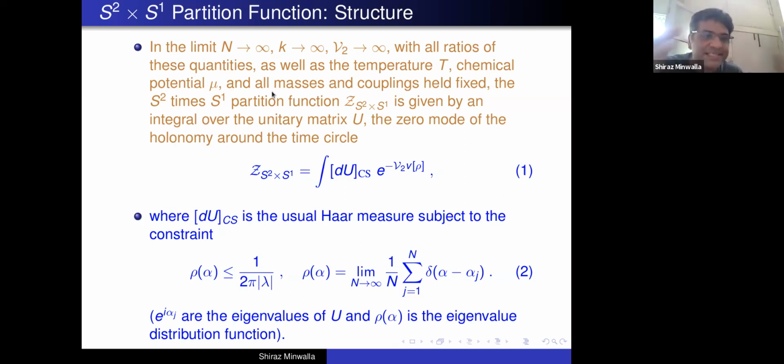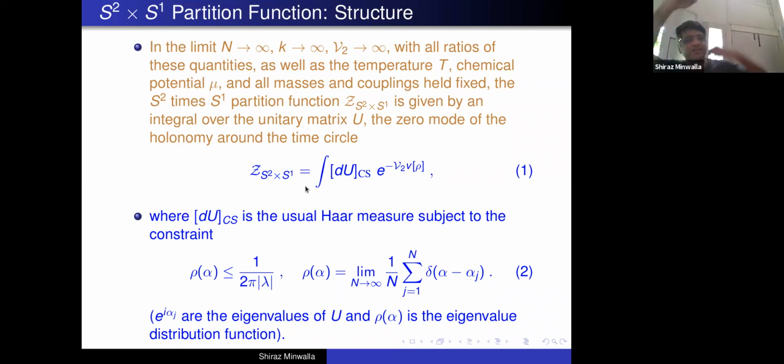In this limit, at least, the answers to these thermal partition functions of Matter-Chern-Simons theories are well known. I'm going to tell you what is known from previous work about these answers. The first thing that comes out of calculation is the following. The S2 times S1 partition function of these Chern-Simons matter theories turns out to be an integral over a unitary